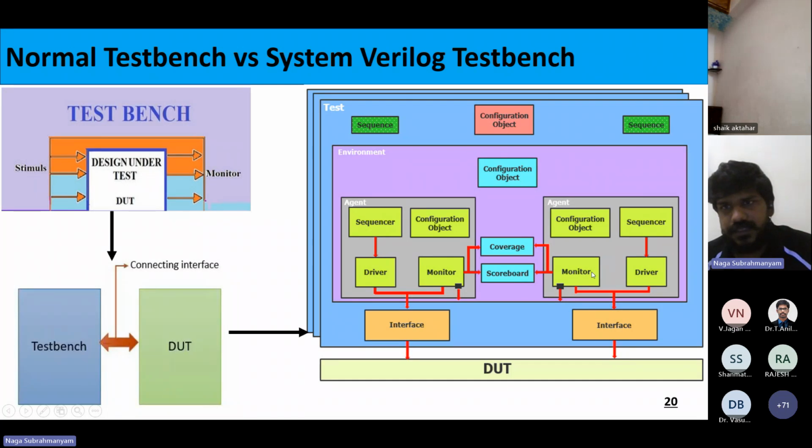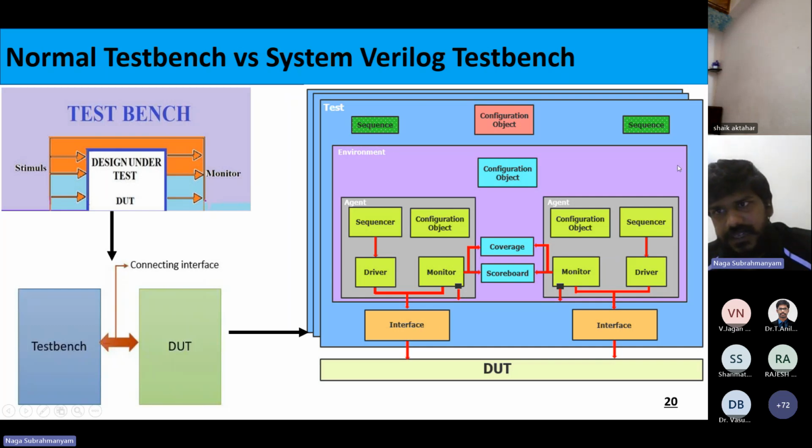If you see here, this is the current situation. In the test there is an environment. In the environment there is an agent. In the agent there are three things: sequencer, driver, monitor. All these are classes. I want you to understand, we have OOPS concepts, right? All these are classes only, not modules. The only module is top TB. So this test will be put in the module. We didn't put this test in a class, we will put it in the module.